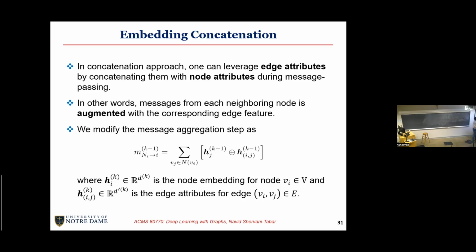Then I concatenate those two together to get a new vector, and I use some aggregation approach, for instance summation or element-wise maximization and so on, in order to construct my message. All right,